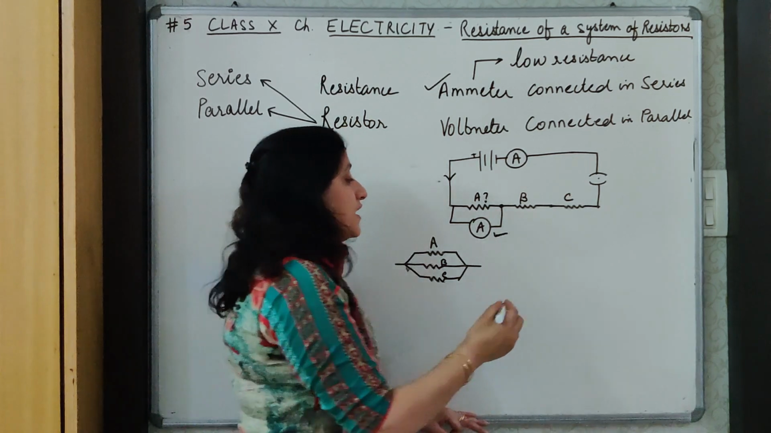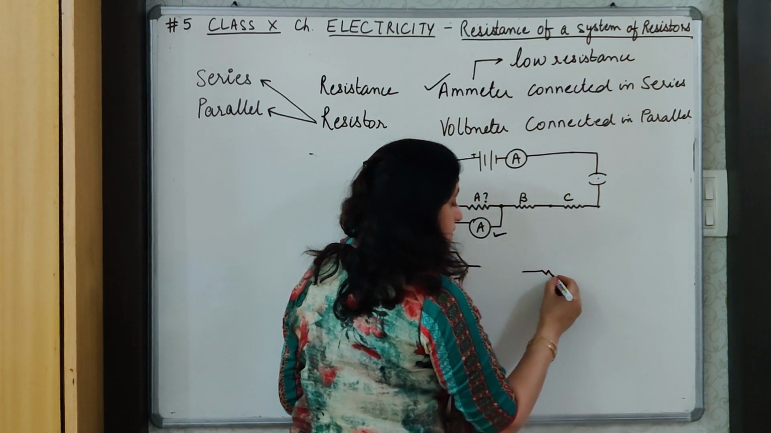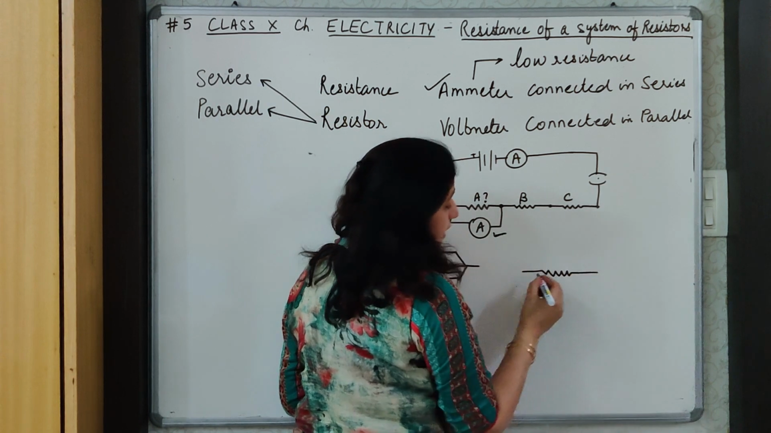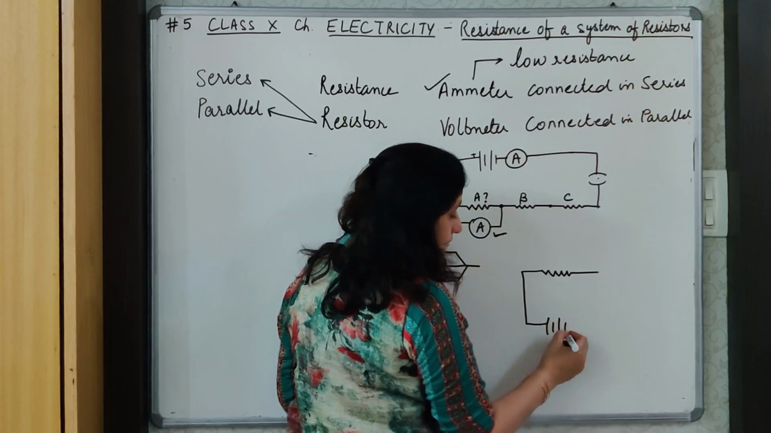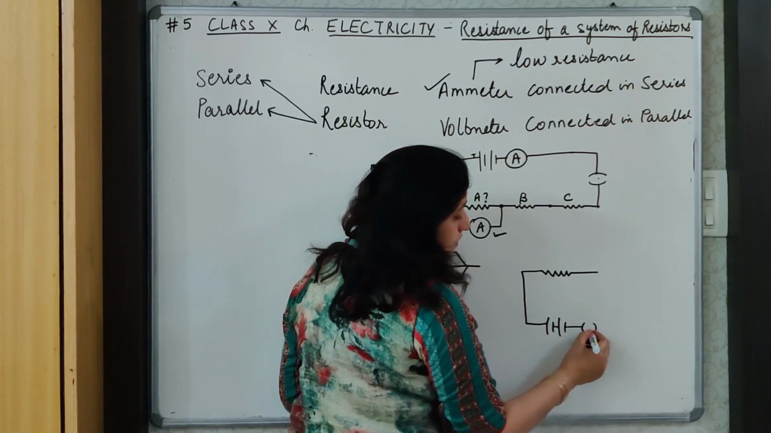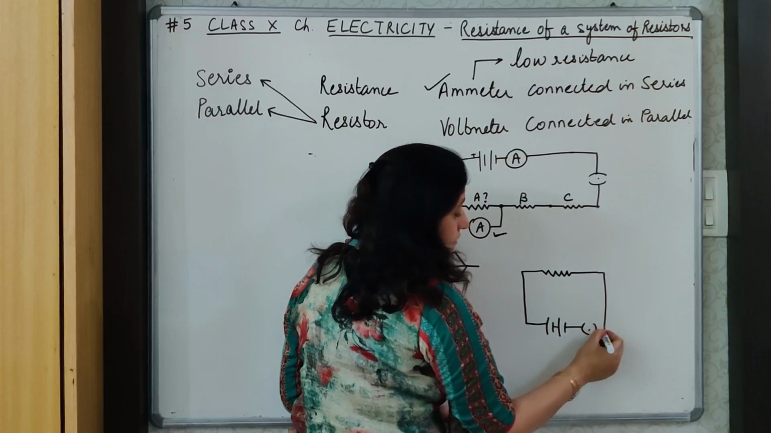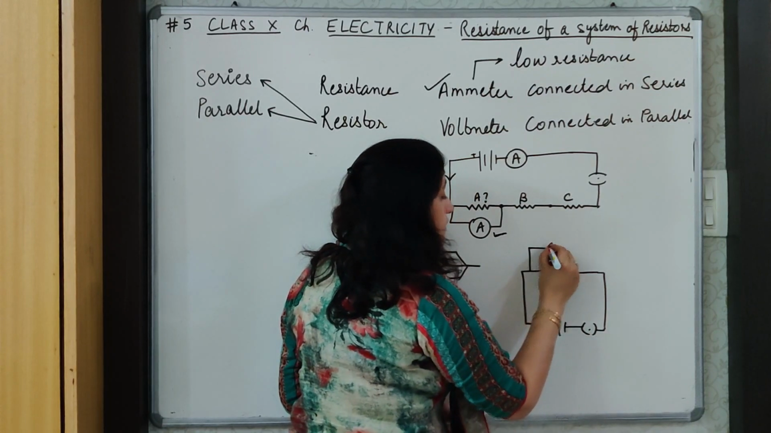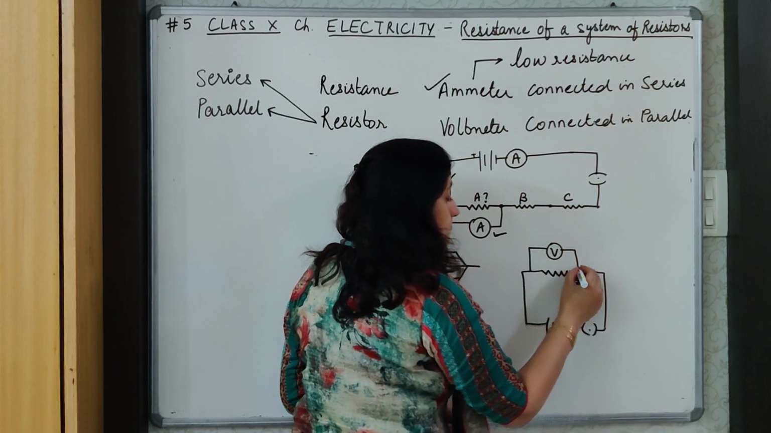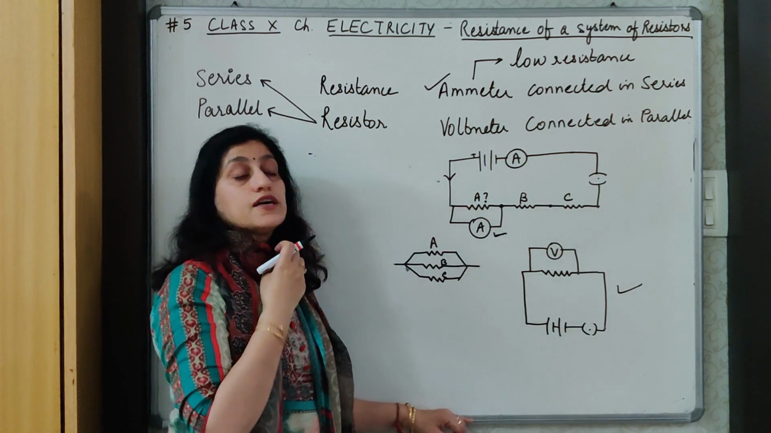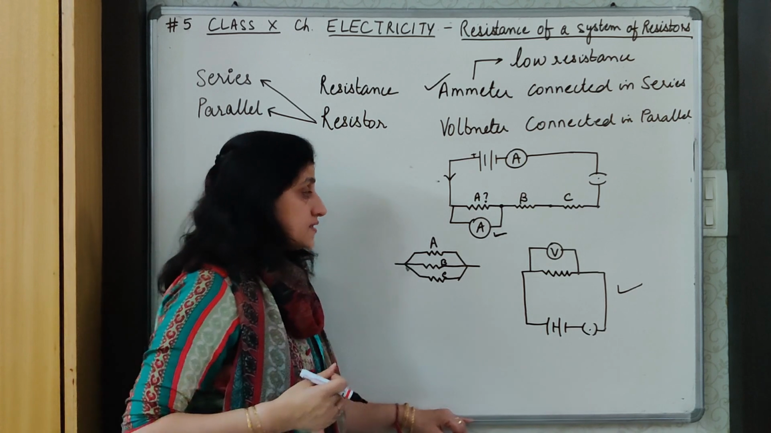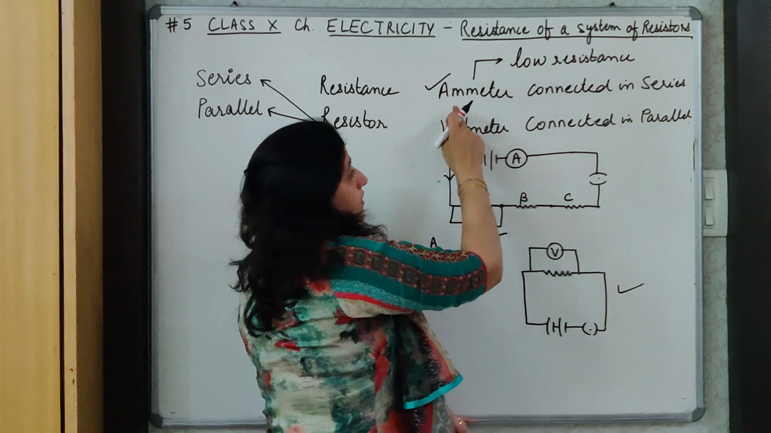Now we will see why a voltmeter is connected in parallel. Suppose I have a resistance, a battery, and a key. Now I connect a voltmeter to this in parallel. This is correct. Why a voltmeter has to be connected in parallel is, just like an ammeter is a very